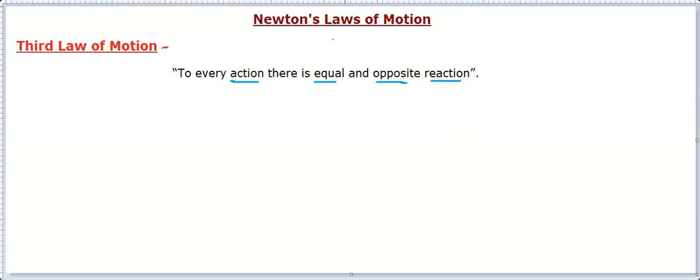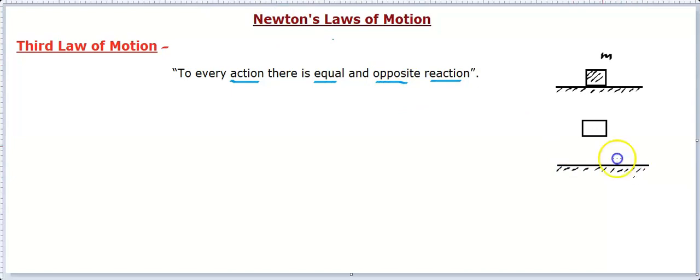We can understand this better in this way. Let's say a very simple system we are considering. There is a block placed on the ground or on a table or on any surface. This block carries some mass, and it is placed on this surface. We have understood till now something called the free body diagram. So we can make the free body diagram of this block. That means we can watch this block separately. We can also watch this ground or this surface separately, and we can see how the interactions are going on.